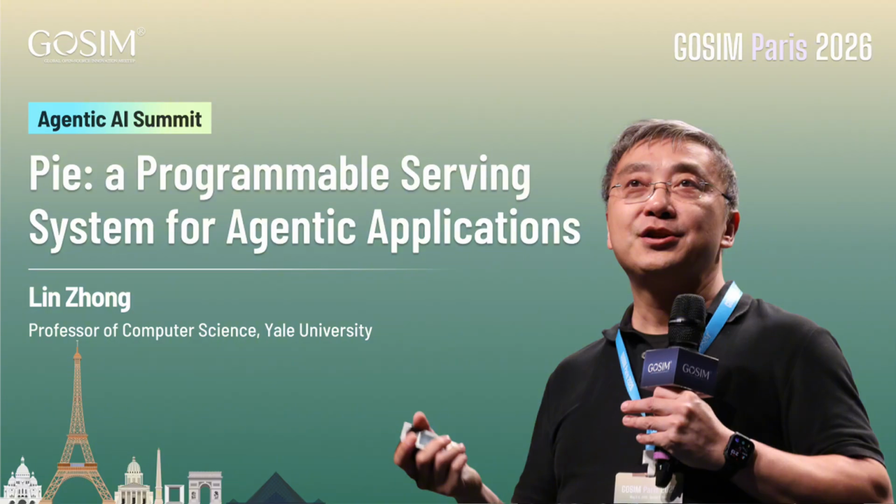An inferlet is this program. It controls the inference flow, and Pi natively supports Rust. We write inferlets in Rust. We can also support Python and TypeScript. Inferlets are compiled into WASM and executed with a WASM runtime. We provide an SDK for you to write inferlets, and we also provide a toolchain called Bakery to distribute and develop inferlets.